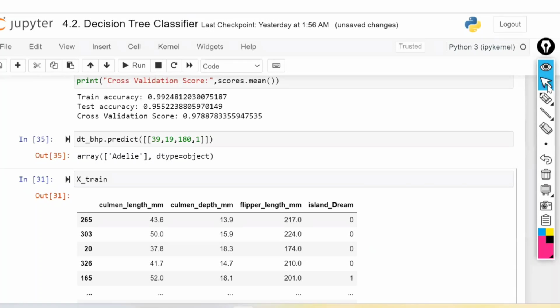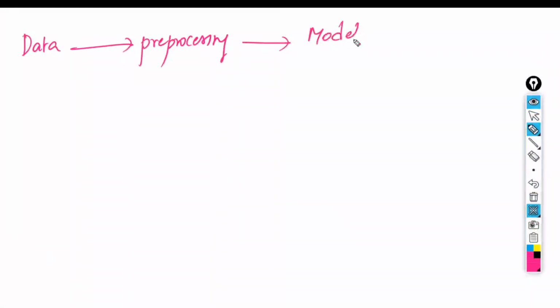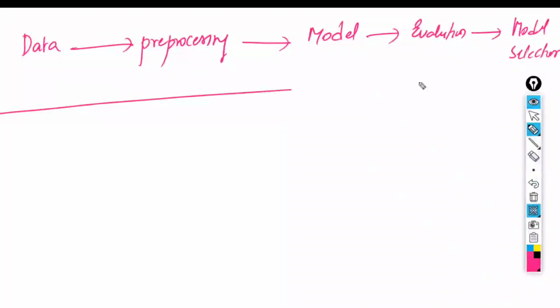Okay. So whatever data they have given to us, first we have to pre-process the data. After pre-processing, we have to build the model. After the model, we have to do the evaluation. And after that, we have to do the model selection. This is for the given data.